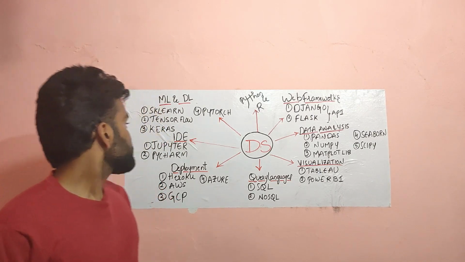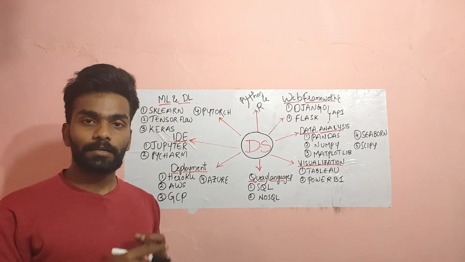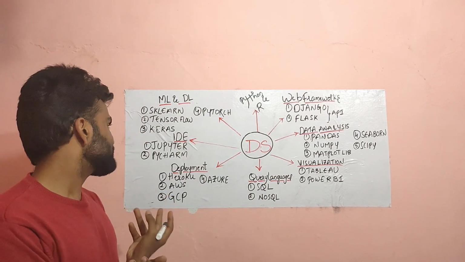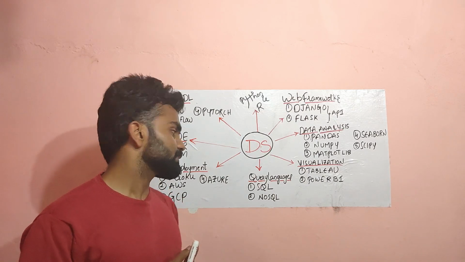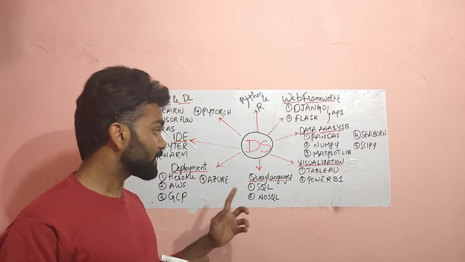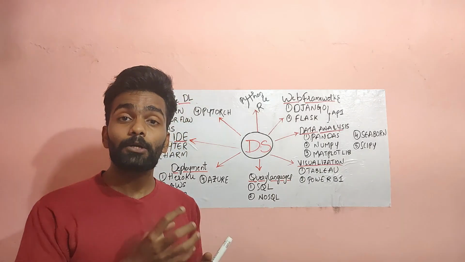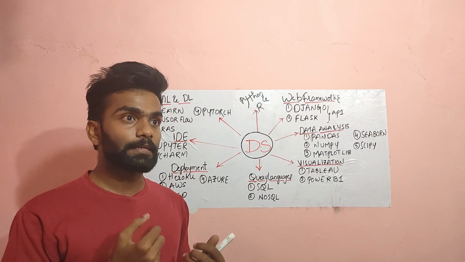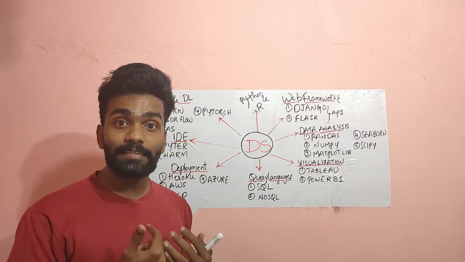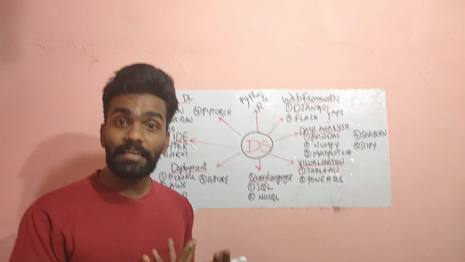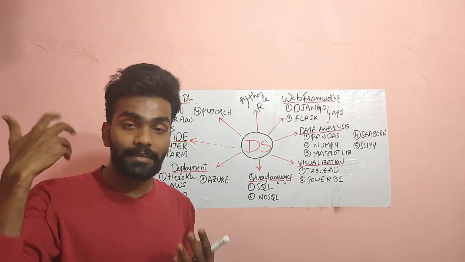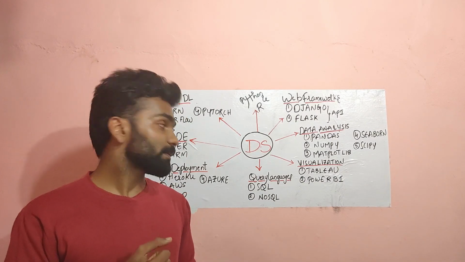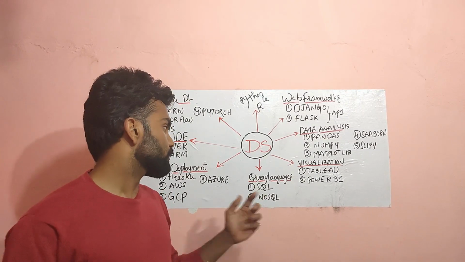and the next one is IDE. So for writing code, mostly we're gonna use Jupyter and PyCharm, and the next one is query languages. For query languages like SQL and NoSQL will be useful to extract the raw data which is available in databases. Like if a client approaches us, they won't provide the data for building an application directly. The data will be in some other databases. So using these languages, we have to extract the data which is present in databases. So for that it will be useful, query languages.